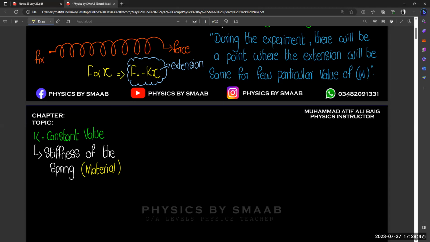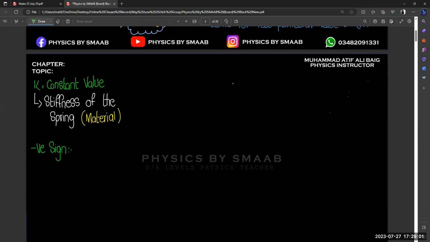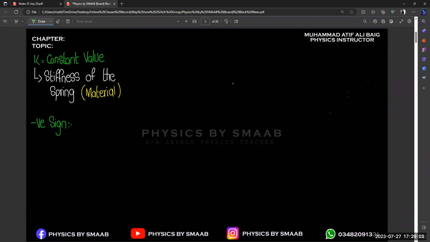Okay, now one more thing, the negative sign. Why do we use the negative sign over here? Because there is no concept related to a negative sign in the whole definition, in the whole example. So the concept for the negative sign is we are using a spring, right? Let's suppose,